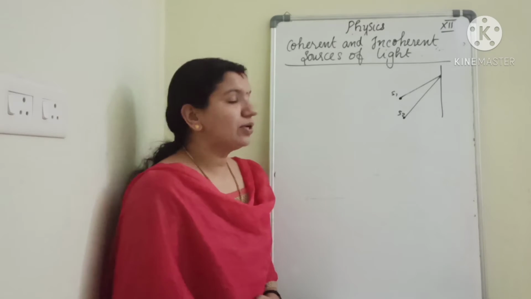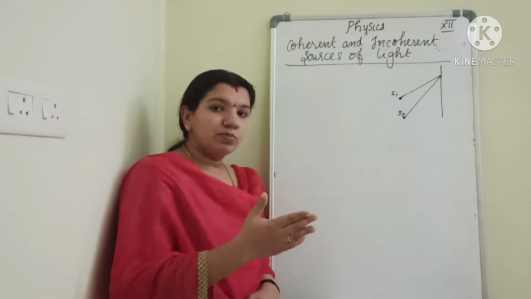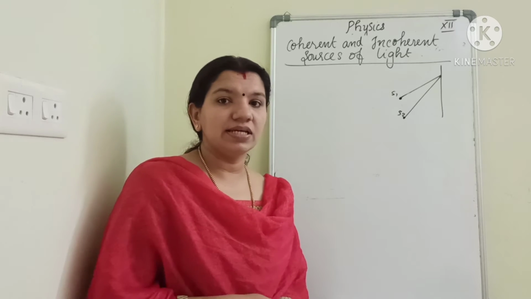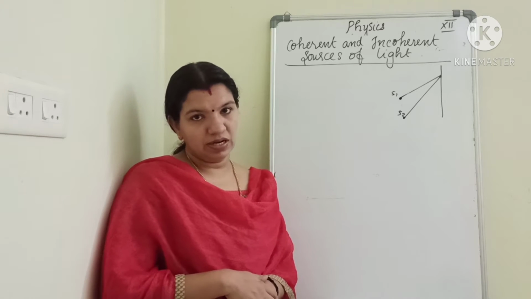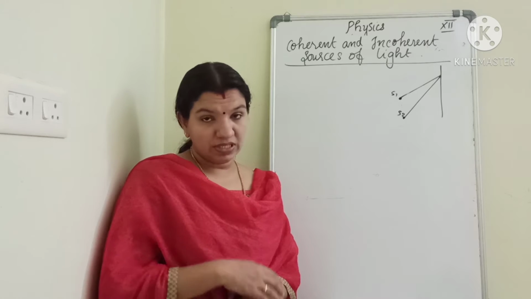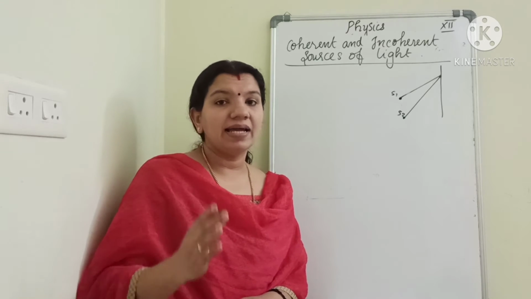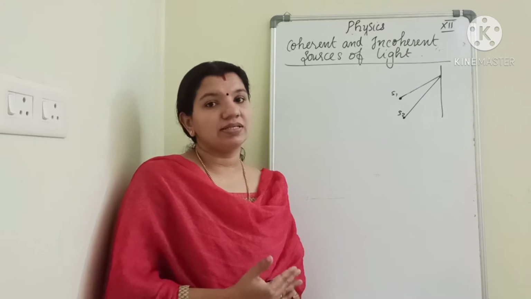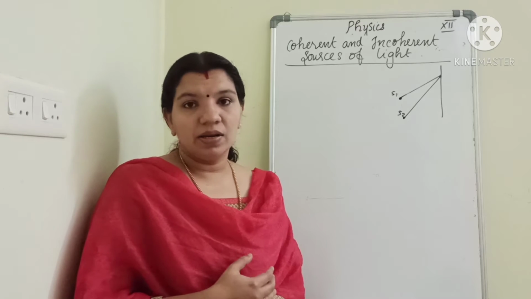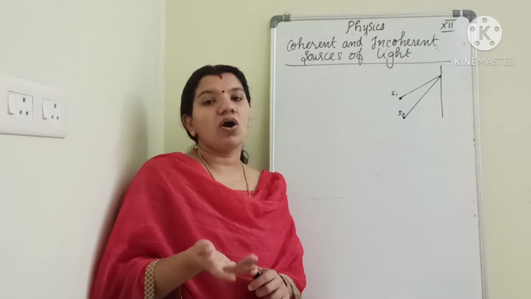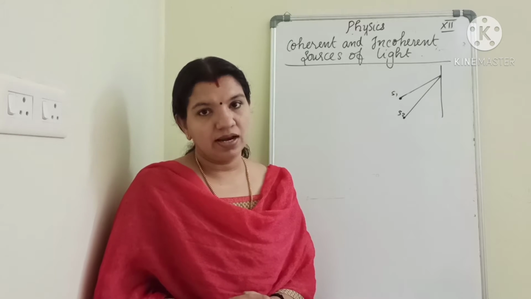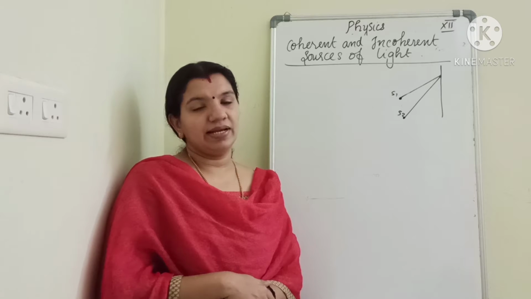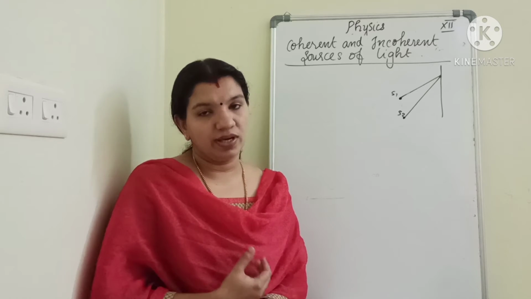So in the last class I told that if light waves are moving from two sources, the light waves superpose on each other, and as a result you get an interference pattern on the screen, isn't it? Depending upon the superposition, you will get bright as well as dark bands on the screen. That is, it may be constructive interference or destructive interference, depending on whether crest falls on crest or crest falls on trough. Understand? So you need two sources of light, and these sources are emitting light waves.